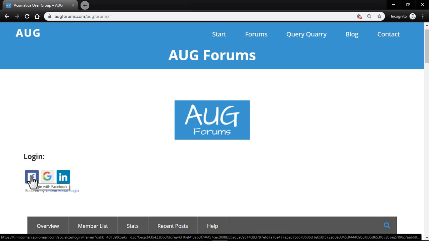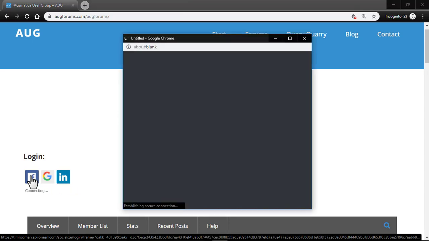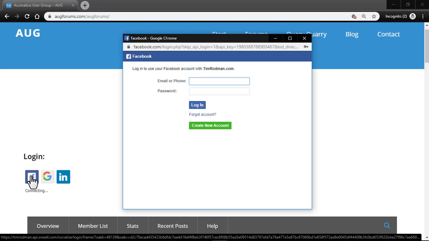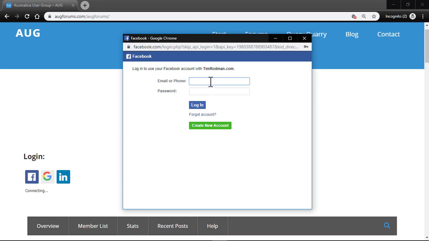So I'll click on the Facebook login. It opens up a separate browser window. You put in your credentials, in this case Facebook, it could be Google or LinkedIn. This is actually logging in, in this case you can see, on Facebook's website. So you are putting in your username and password into that social media account in a separate window. Then when you click login,